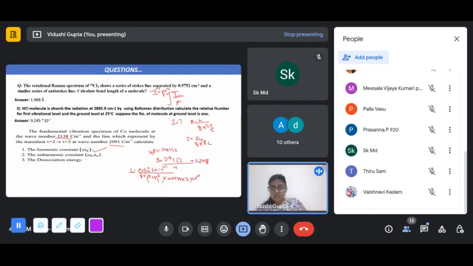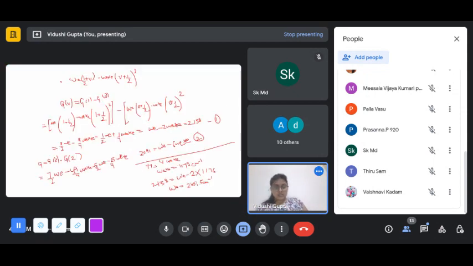So you have calculated the value of the harmonic constant as well as the anharmonic constant. Is it clear up to this? Basically you know this formula: omega e into (v plus half) minus omega e x e into (v plus half) whole square. So for the first fundamental transition, substitute v equal to 1, then it will be omega e